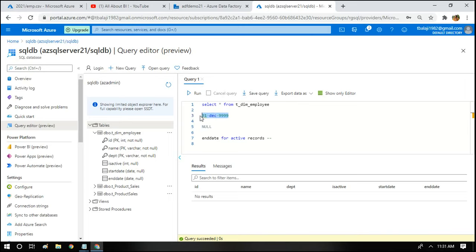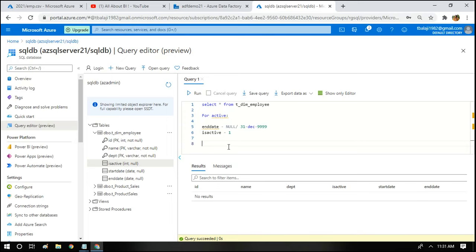In our case we are going to insert 31st December 9999 for active records. In the sense, for updated records as well as for new records, we will be passing 31st December 9999 as the end date. The start date will be coming from the file. Is active will be 1 for active records and 0 for inactive records. I'll quickly write it down so that it's not so confusing. For active records, end date can either be null or 31st December 9999, and the is active column will be 1.